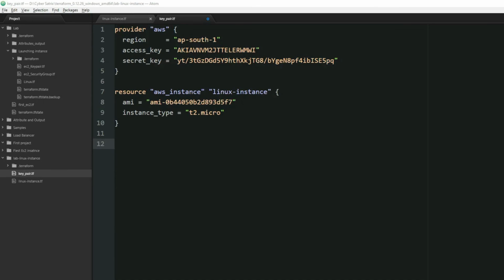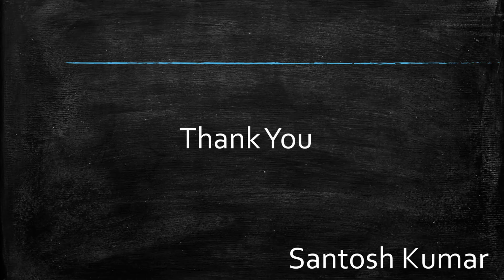Okay, great. So you have seen how to spin up an Ubuntu instance using Terraform code. I hope you have got a basic understanding of writing Terraform code and how to use the Terraform documentation to achieve the same. I have covered the Terraform introduction and installation in part 1 of the series. I will provide the link for the same in the description.